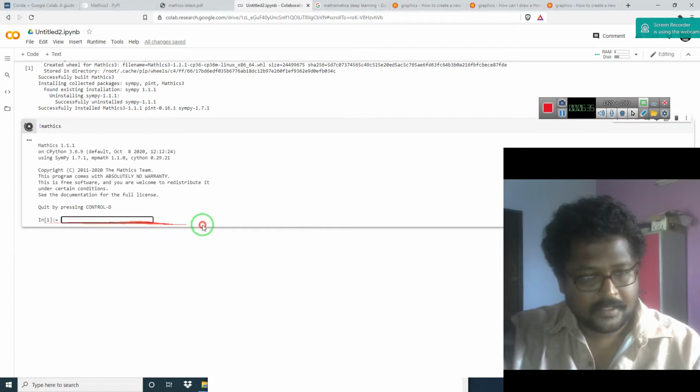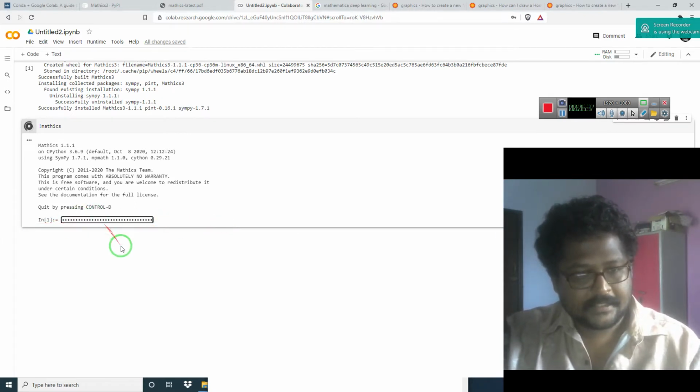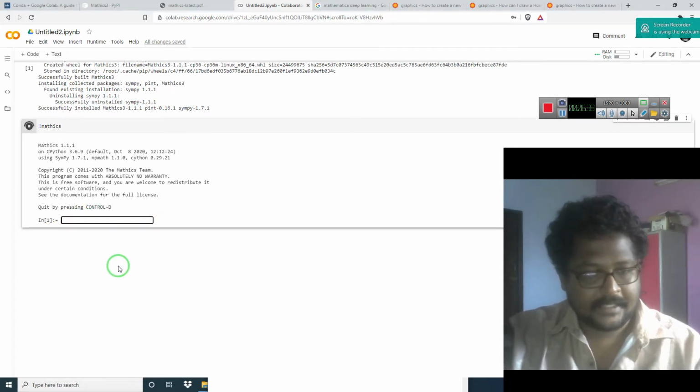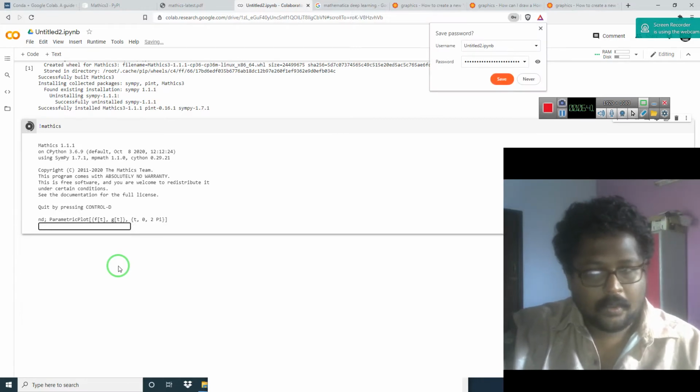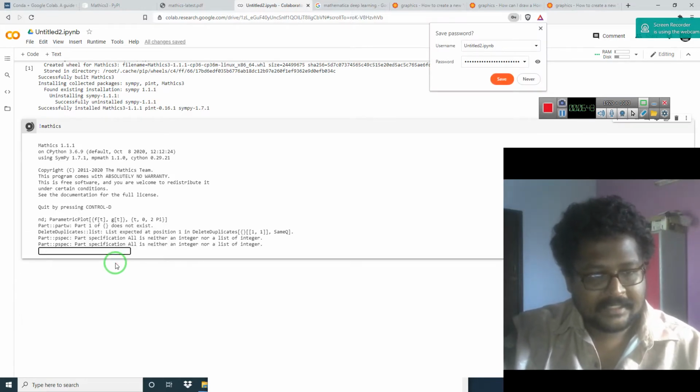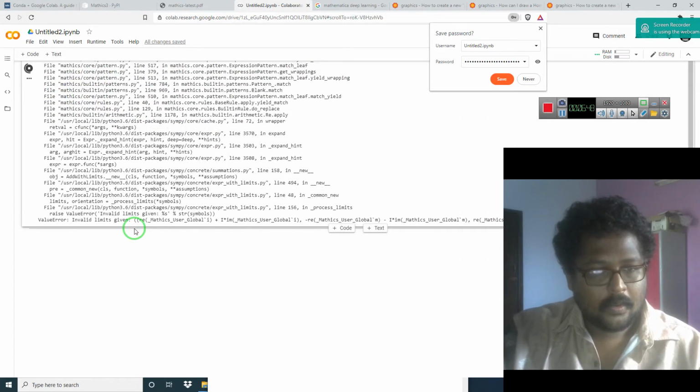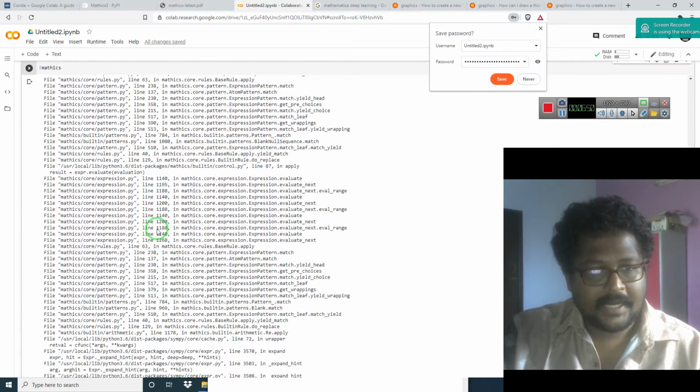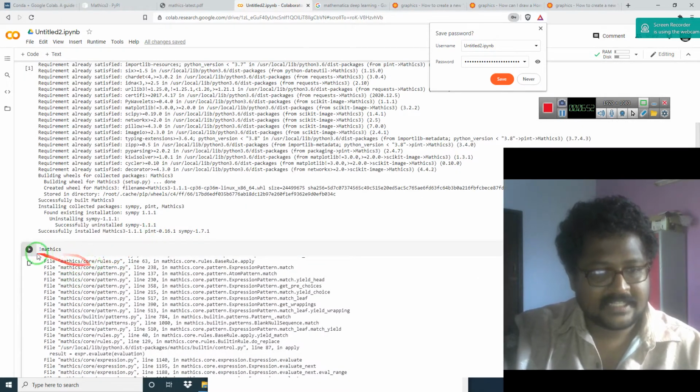You have to go in this way or this way, and again you paste it and press enter. Now it is saying that the file does not exist.